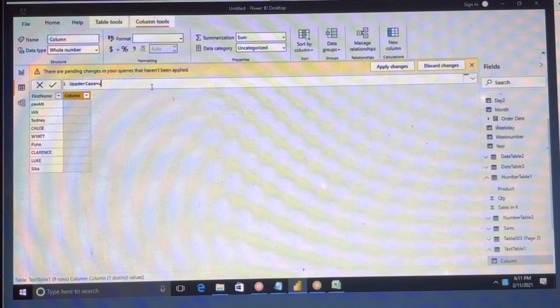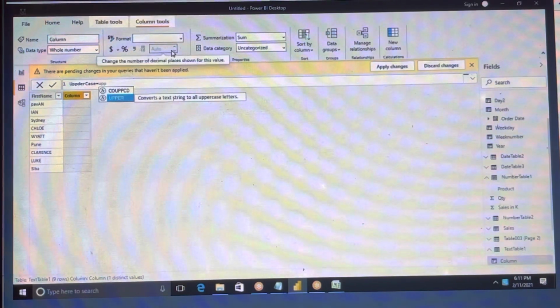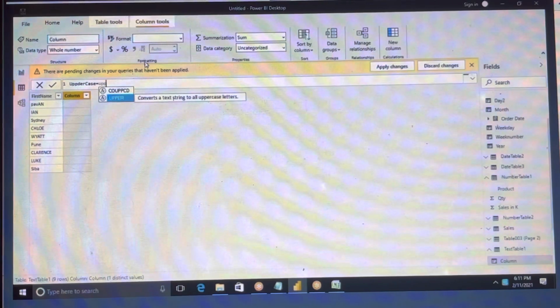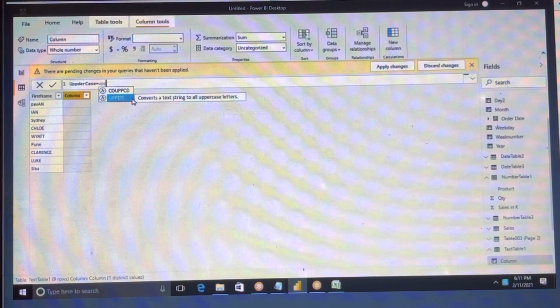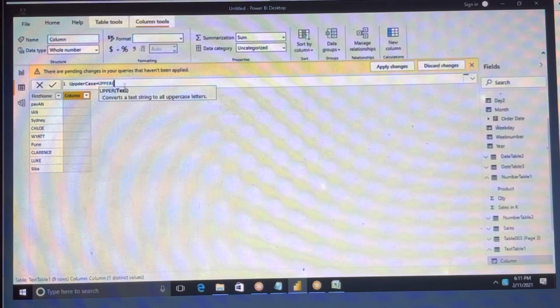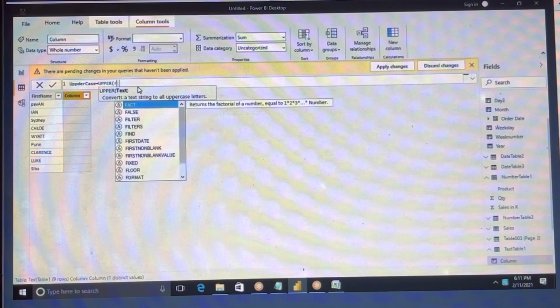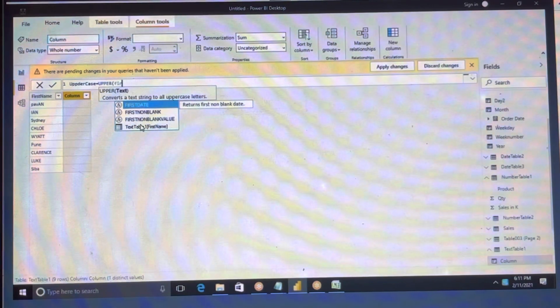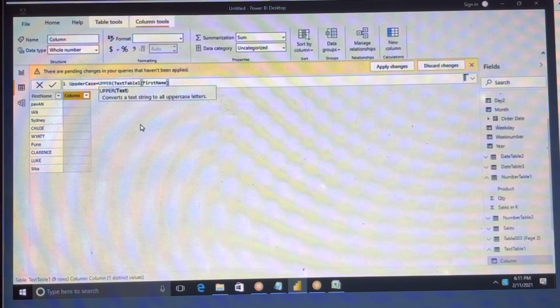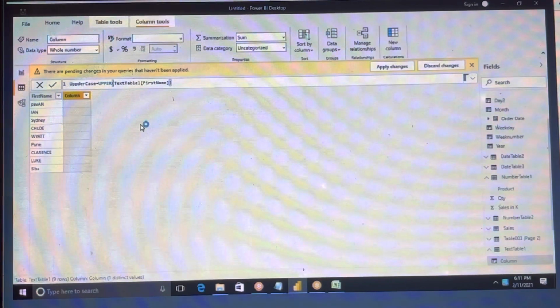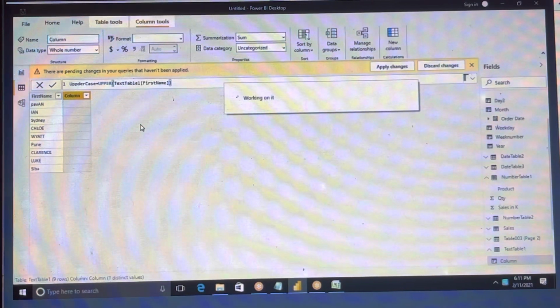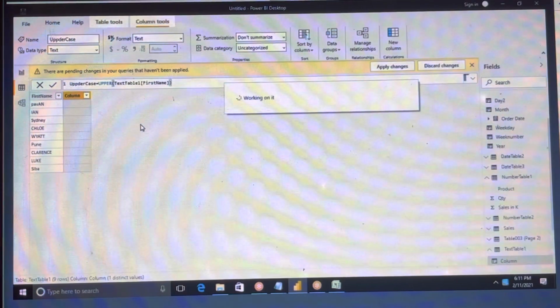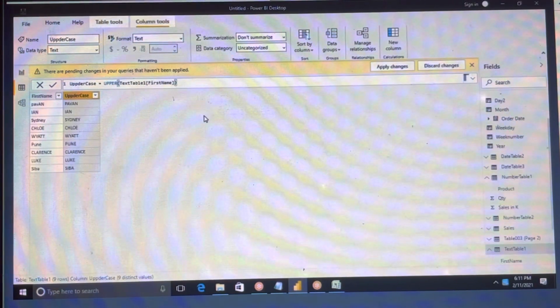You have the upper function. Select upper, and what is the column name? First name. First name from which table? Text table one. Now close the bracket. Enter. You can see now all uppercase, right?